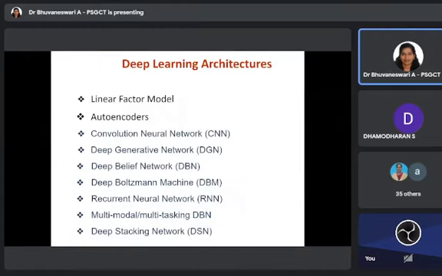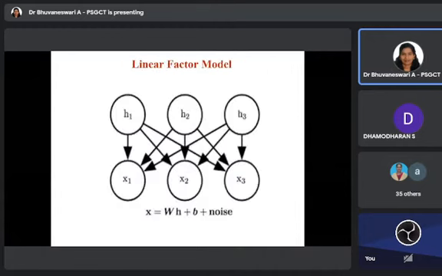Now, we will quickly walk through the different architectures. I'm not going to deal with them in detail. I'm just going to expose the different features and then move on to a small application using the CNN model. There are different deep learning architectures, or models, that are widely used in real-time applications. In simple applications, this is one of the linear factor models, which we can also call logistic regression.